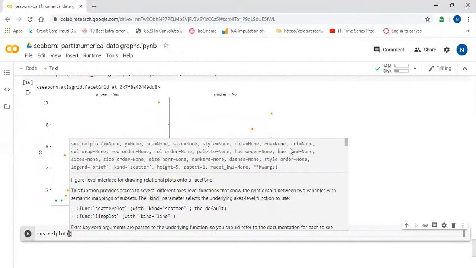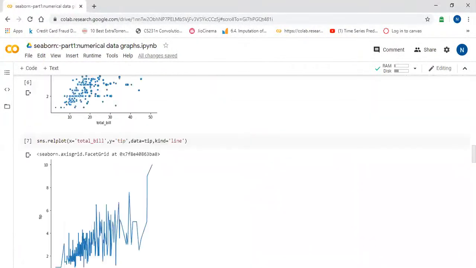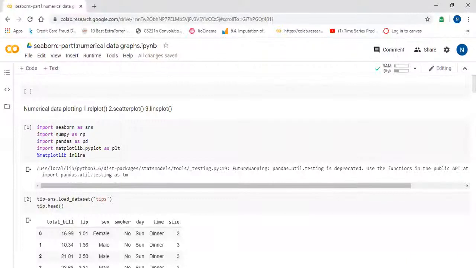We divided the data on the basis of the column parameter, and you can specify row as well, so it will create multiple rows, col wrap, row wrap. You can explore those, style, order, kind, which I have shown you, and height. We mostly use height as well. You can explore all the rest of the parameters. So today we have seen numerical data plotting with the help of relplot.